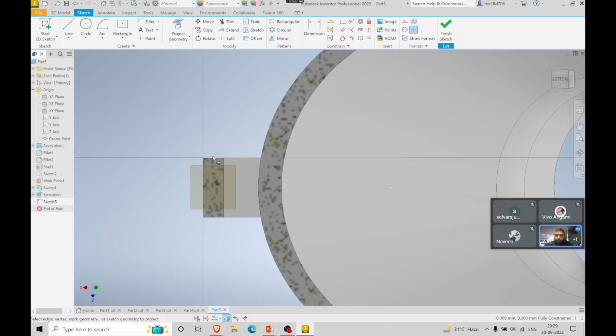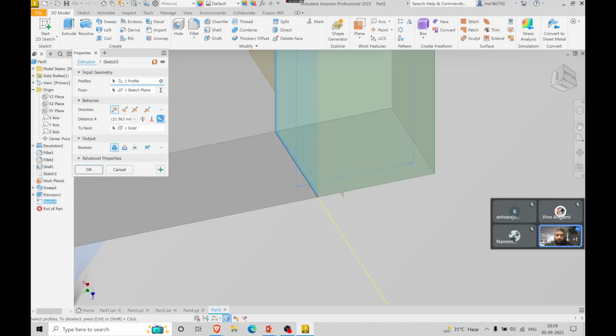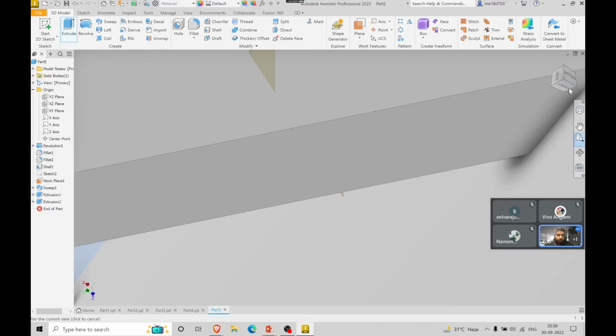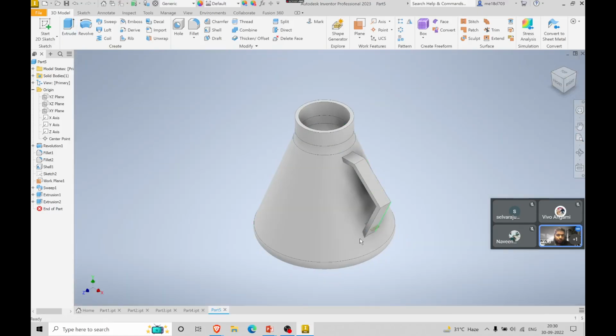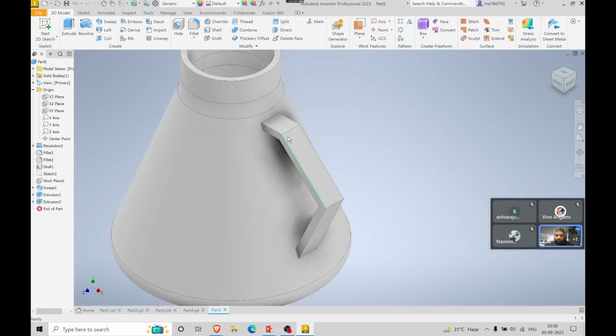Project geometry. Just connect the lines. Finish the sketch. To next. Let's go to home view. Yes, it has now intersected. Visibility. Now I have to give the